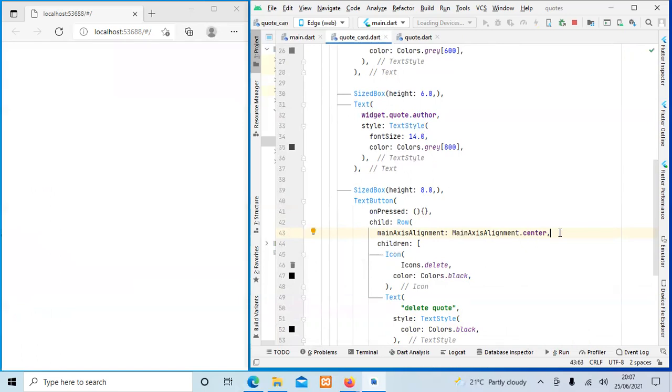Now, the only thing we are remaining with is to define the delete method, because we want that when I click on that delete, it will remove the quote from there. So the only thing we are remaining with is to define the delete function. But now remember, we have a challenge: we have our quotes in the main method,